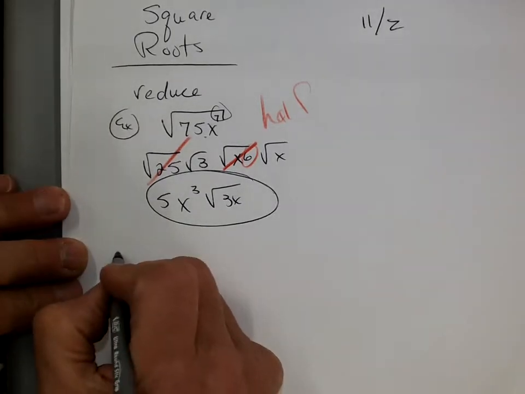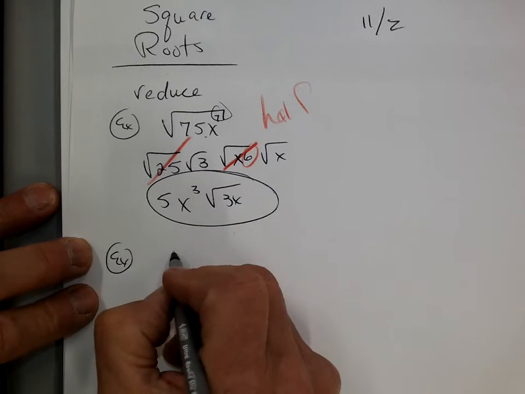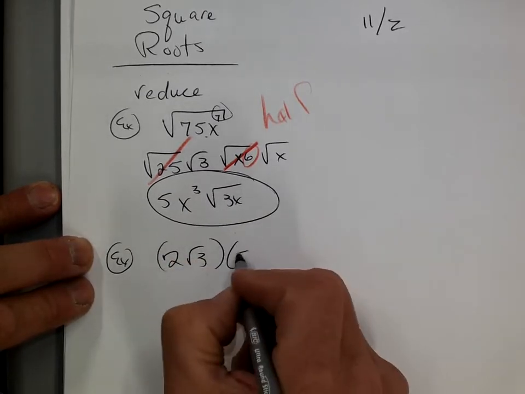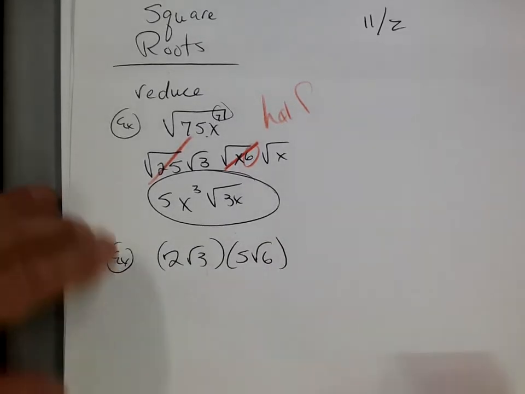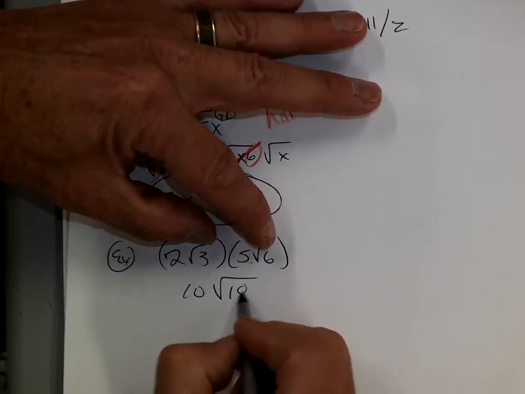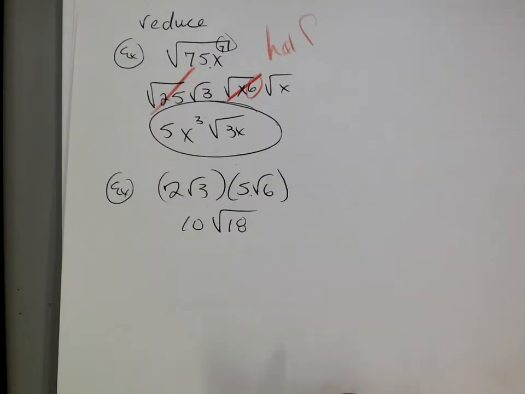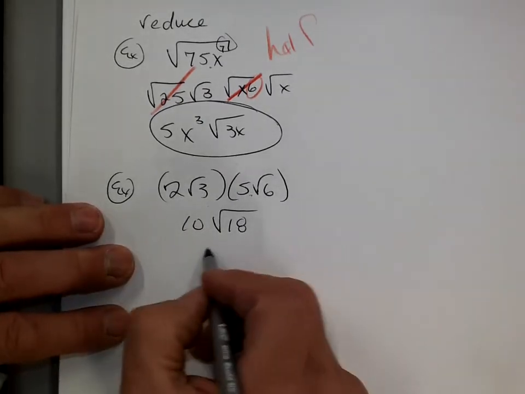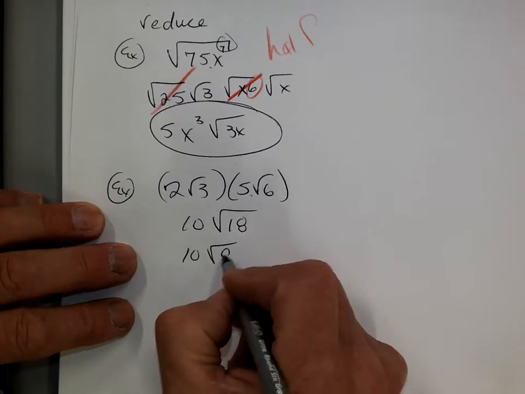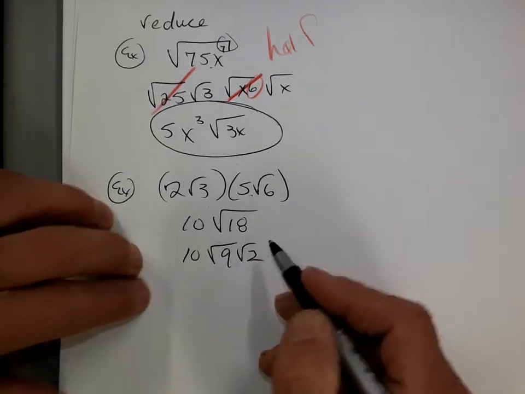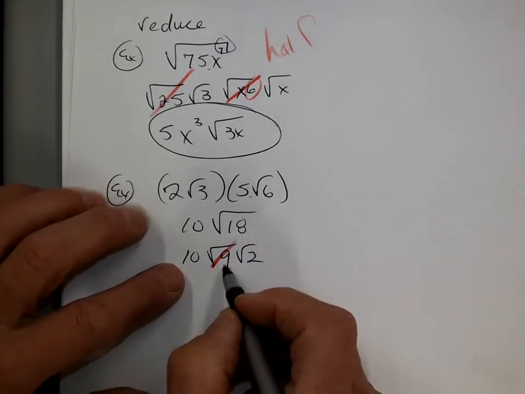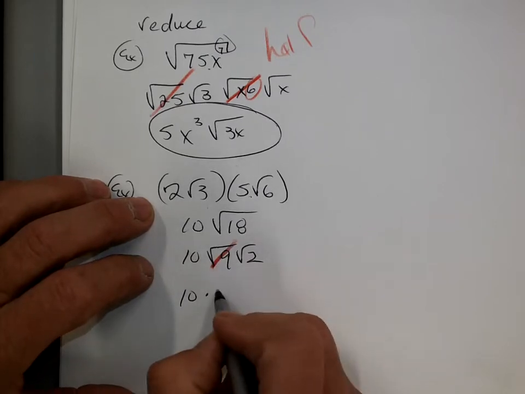We've also learned that you can multiply these. For example, we could have, let's do a 2 square roots of 3 times a 5 square roots of 6. And we've learned that you can multiply whole numbers with whole numbers and square root numbers with square root numbers. And then if you can go further, which in this case you can take the square root of 18, which is going to be, well, let's see, we're looking for perfect squares like the square root of 9 times square root of 2, because 9 times 2 makes 18, but we have a perfect square. And then we can reduce that to 10 times square root of 9 is 3,